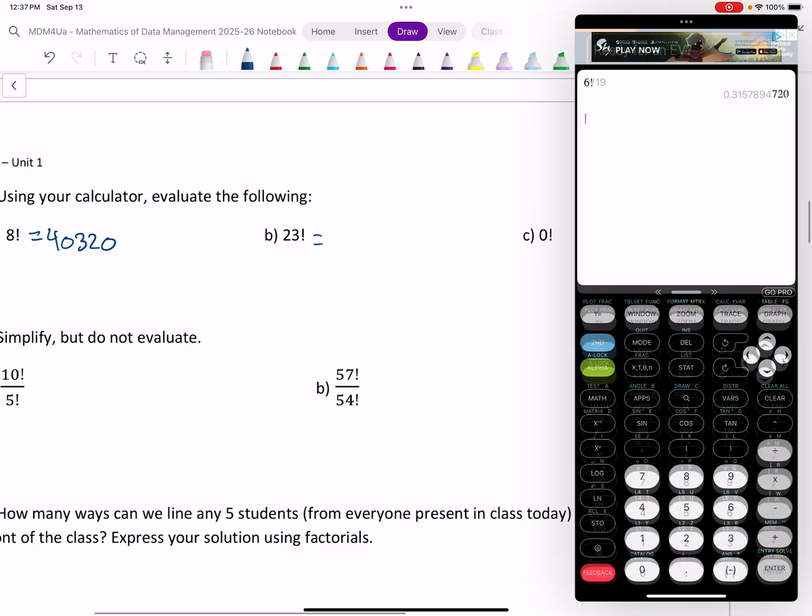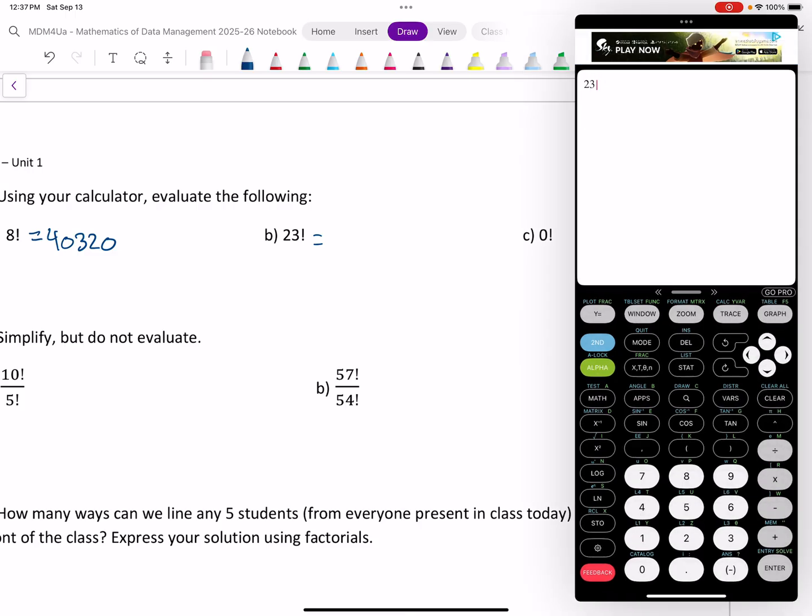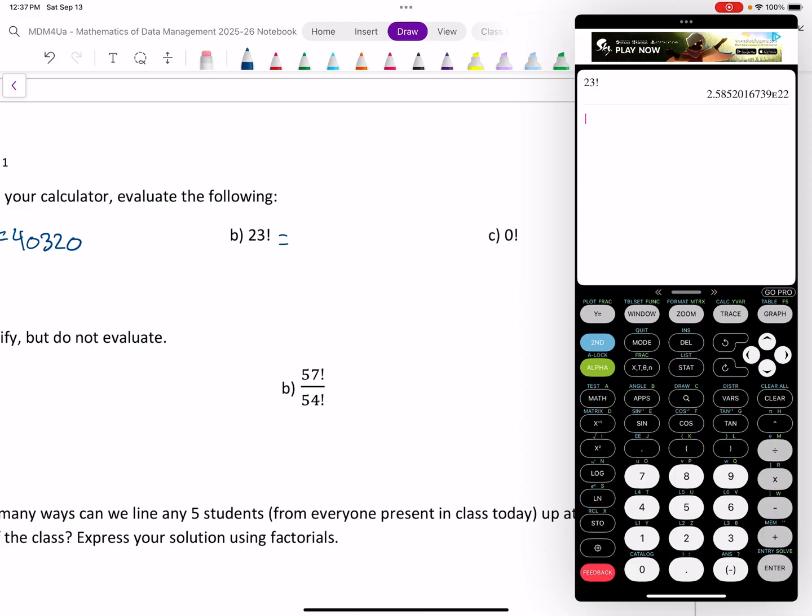And on your calculator, I put this one on purpose. If I do this, PRB, I get this thing. And it's important to recognize what that is. What that E22 means is that you're times 10 to the exponent of 22. You should not be writing E because that's not formal math language. You should be writing like this, 2.59 times 10 to the exponent 22. I've chosen to round this